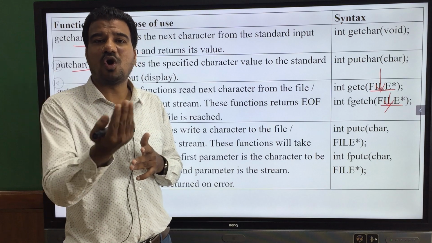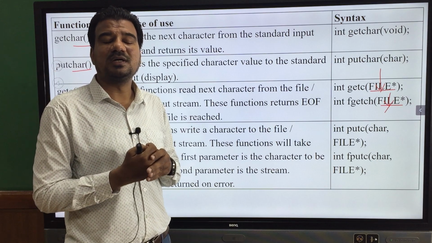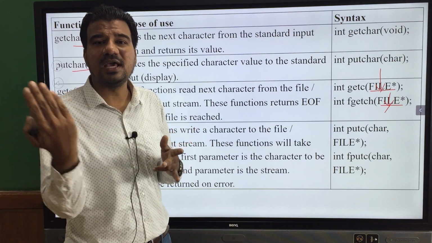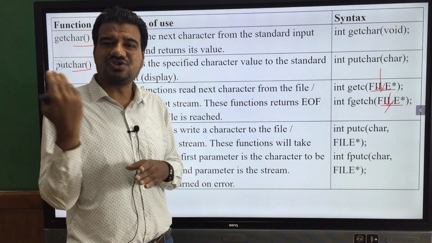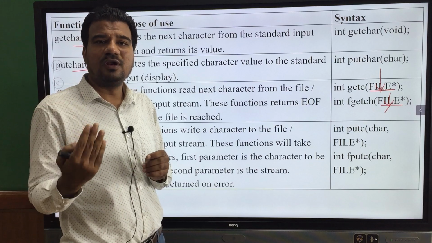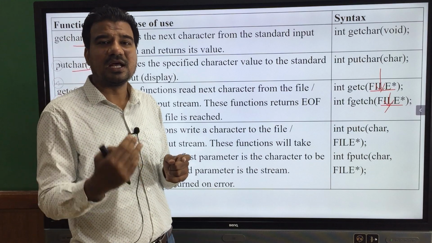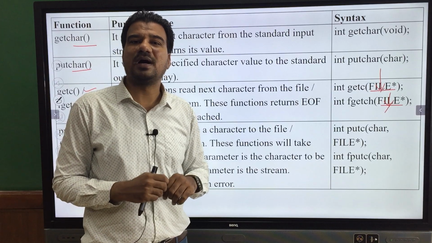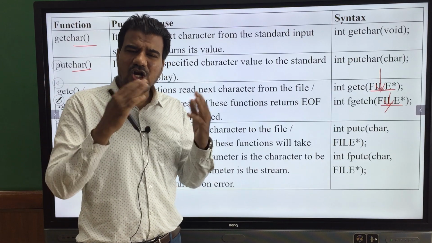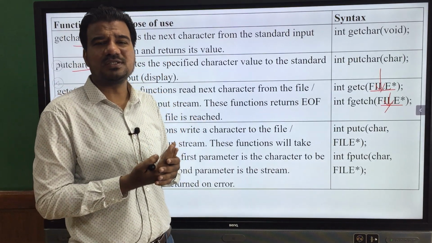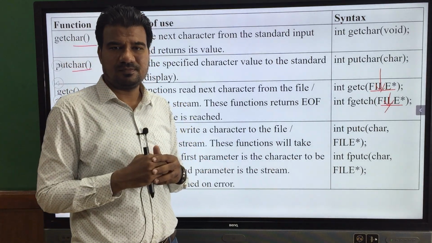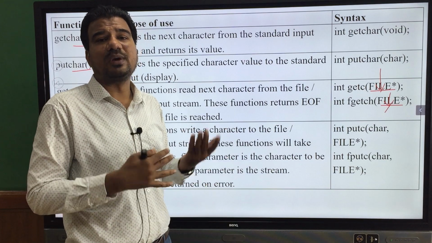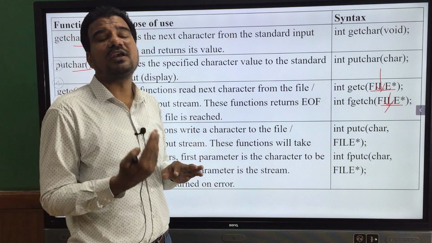You need to send some audio signal to those speakers. This is nothing but sending the output to the speakers. So at that time, the suitable stream which is helpful in sending the output to the speaker, that stream address you have to pass over there. Okay, a lot of different things we can do in C language, but whatever we are discussing over here is at the basic level. In such a way, you can develop a real-time working application.